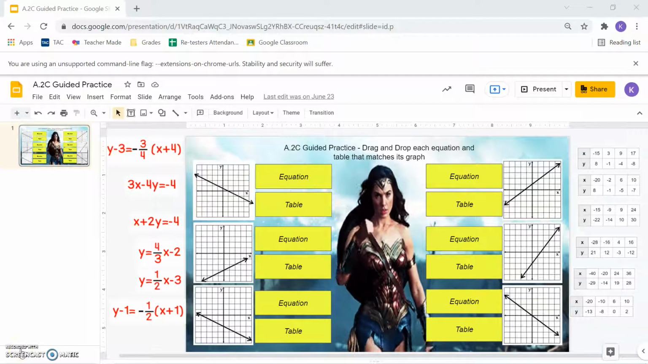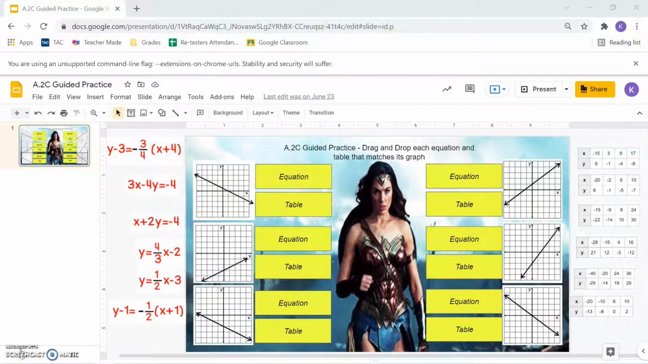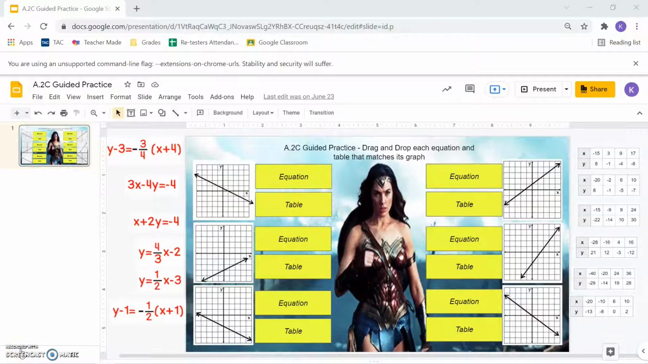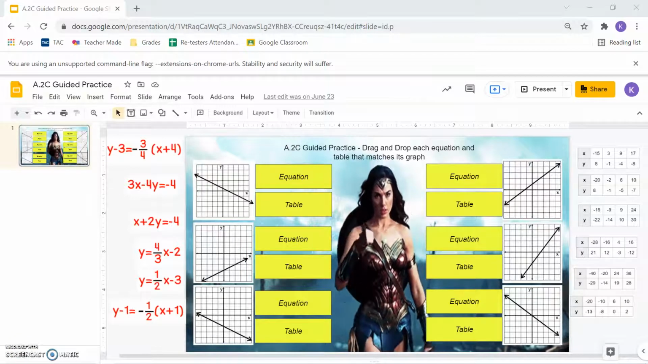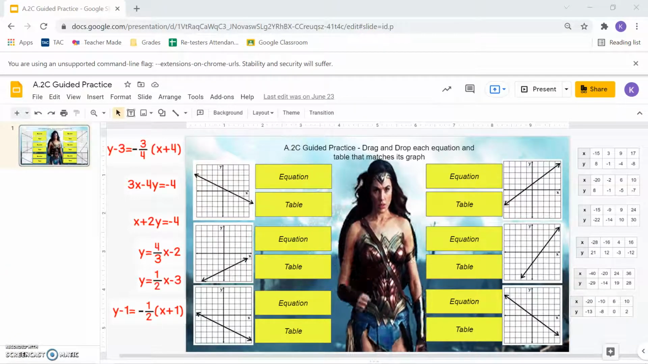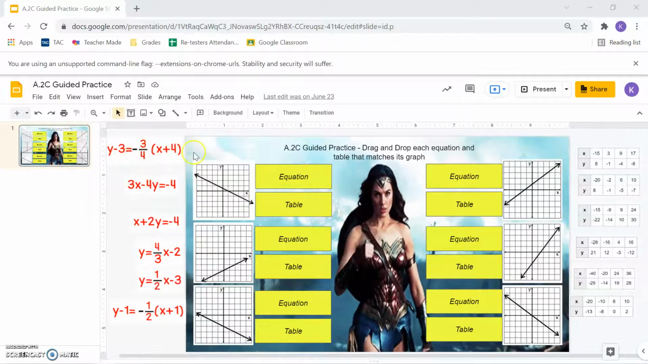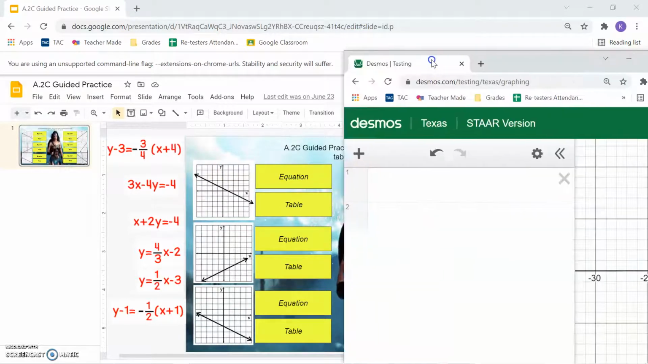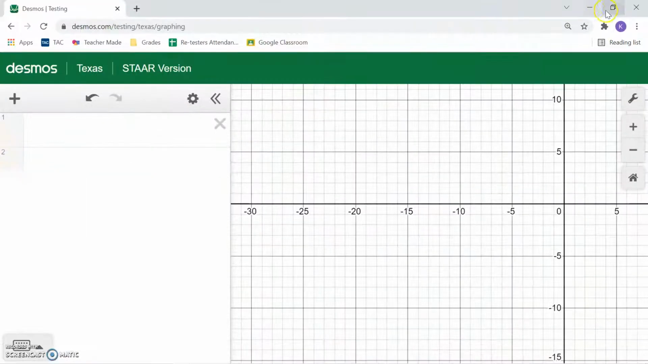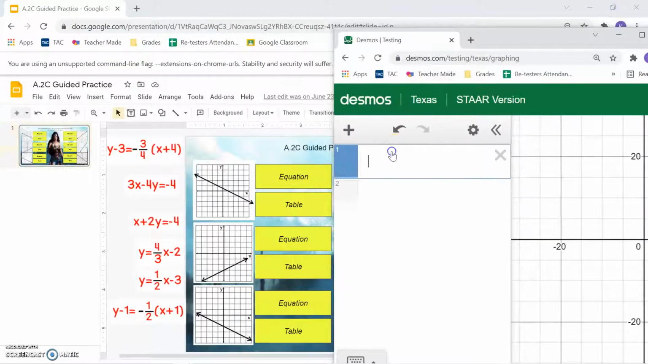On this guided practice, you're going to drag and drop the equation in a table that matches each graph. So let's start off with this very first one up here, which is y minus 3 equals negative 3 over 4 parentheses x plus 4. So what we do is that we get our graphing calculator and we're going to start typing that equation in there. Y minus 3 equals negative 3 over 4